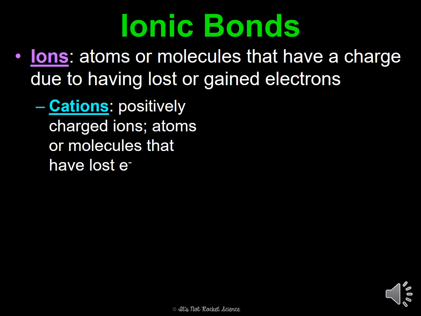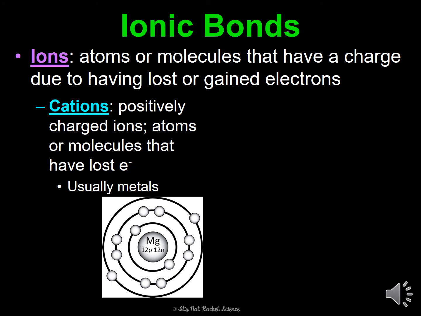We start by talking about cations. We have cations, we have anions. Cations are positively charged ions. They are atoms that have a charge from losing their electrons. So these are atoms that have lost an electron. For an example,